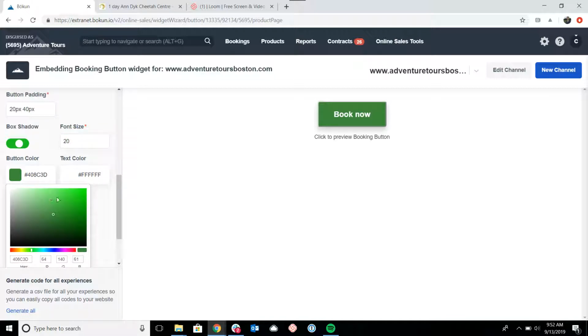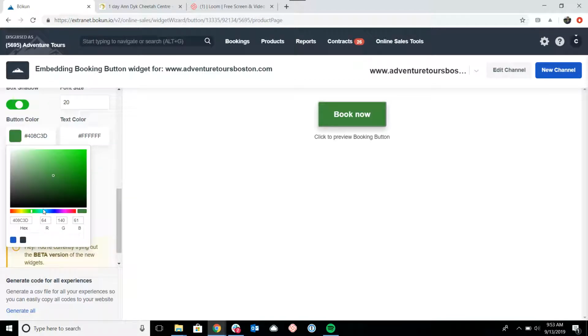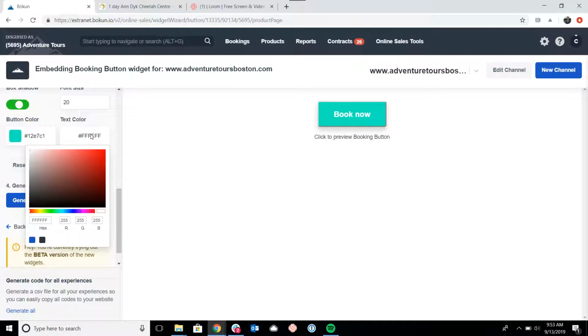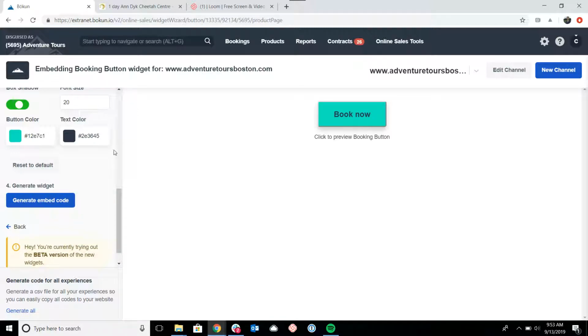If I click here, we can see our full color spectrum. I'm going to go for a seafoam green. And then if I want to change the text color so it's a little bit more readable, I'll make it black. So at any point you can reset the button to default, but this is nice because it gives you full control over the appearance and text of the button. That will make it fit in with whatever the look and feel of your